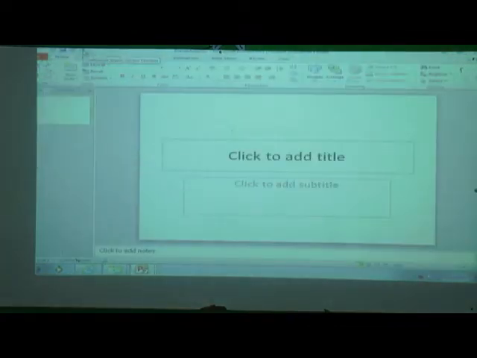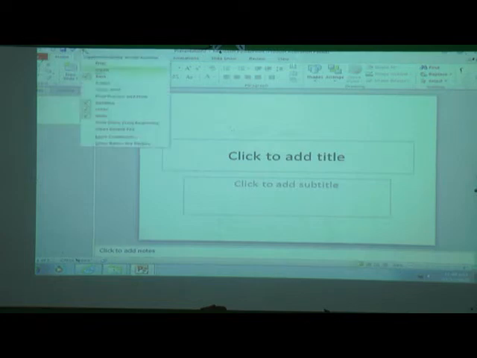Yes, it is here. When I click here, then we can see which options are here. Save, spelling, undo and redo. These options are already here. We can add options, and if we don't want an option, then we can delete it.